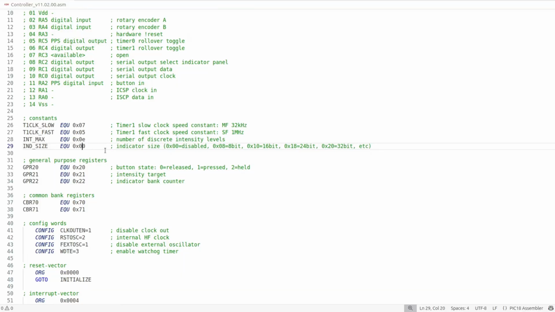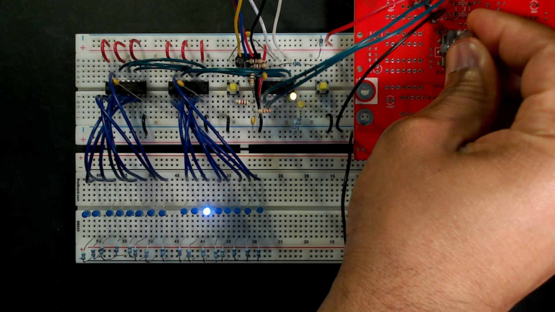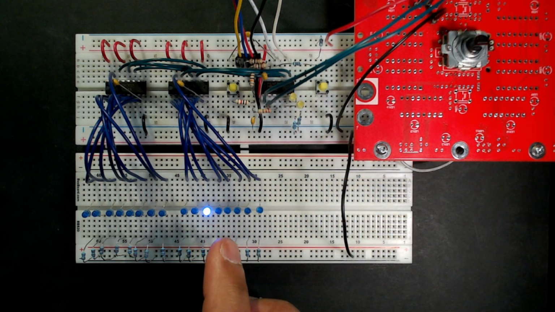Now what if we disable it outright, bring it down to 0? And with it disabled, the rotary encoder does nothing to my indicator. But I'm still seeing one lit. Well, it's lit because the shift register still has that value stored in its memory and our controller has done